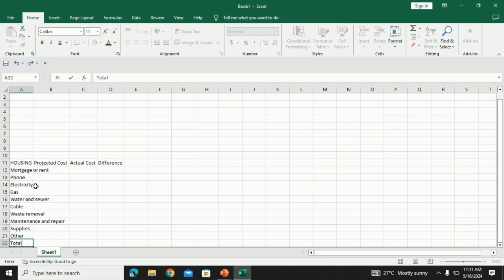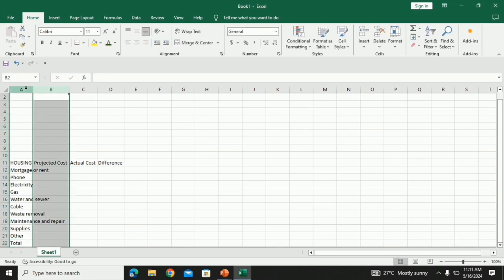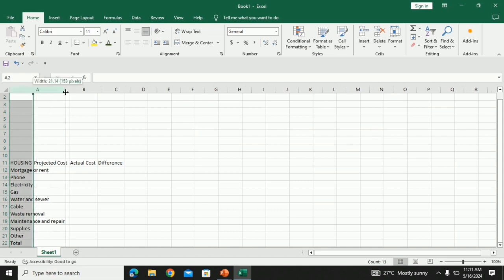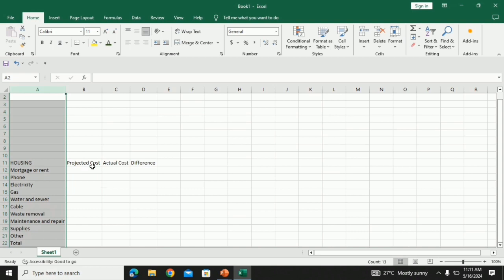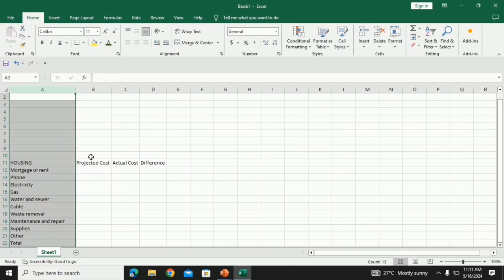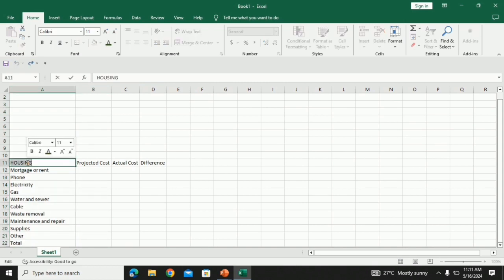To adjust, just drag column A, and then make it bold.